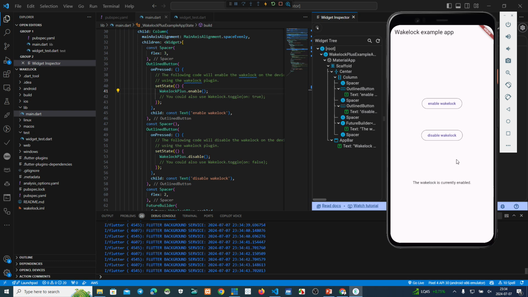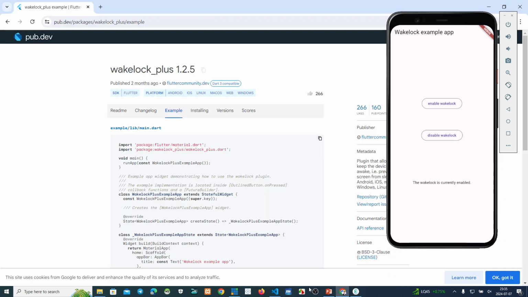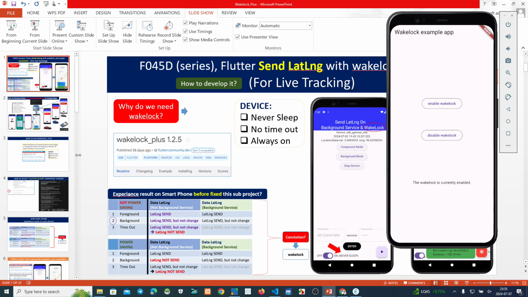Artinya kalau enable ini, aplikasi kita on-kan, ya selamanya selama masih ada baterai, selama masih ada power, dia selalu on, always on. Sehingga dia bisa mengirimkan data location, latitude, longitude from this device to database.